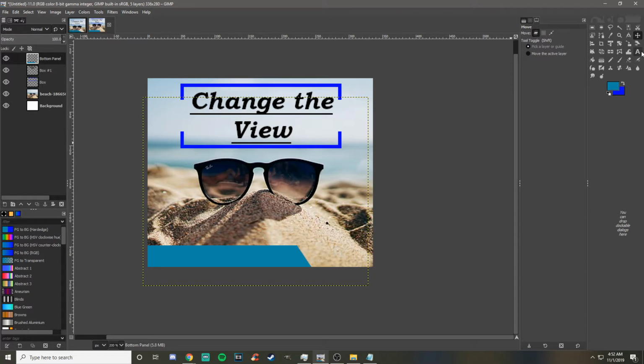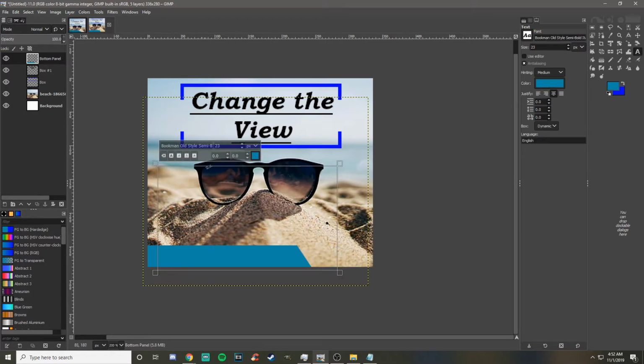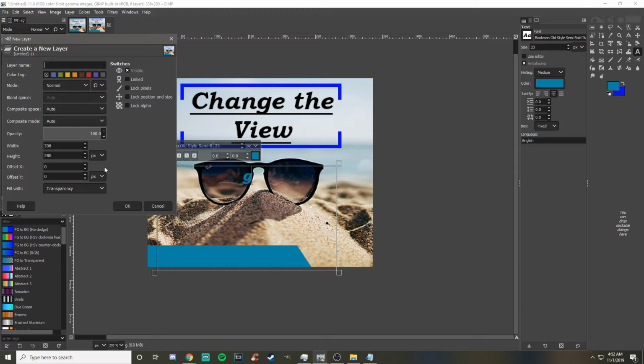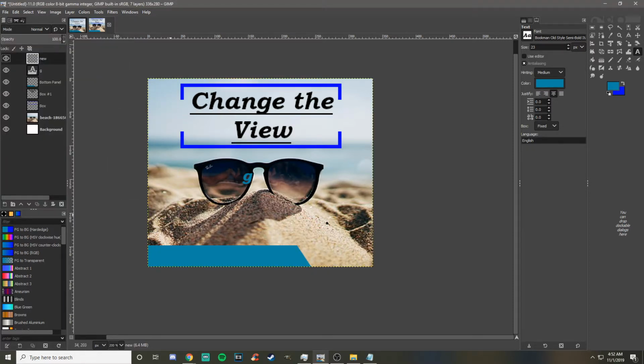Alright, so from here, what you want to do is go ahead and hit your text tool and create a text. Whenever you create a text like this, it instantly creates a new layer over here. And there may be something easier, but what I always do is create a new layer and then throw the text layer up on top of that and then merge down. That's what I'll go ahead and do right now. I create a new layer, and I'll just wait until I'm finished with this text. So I'll go back to my text,